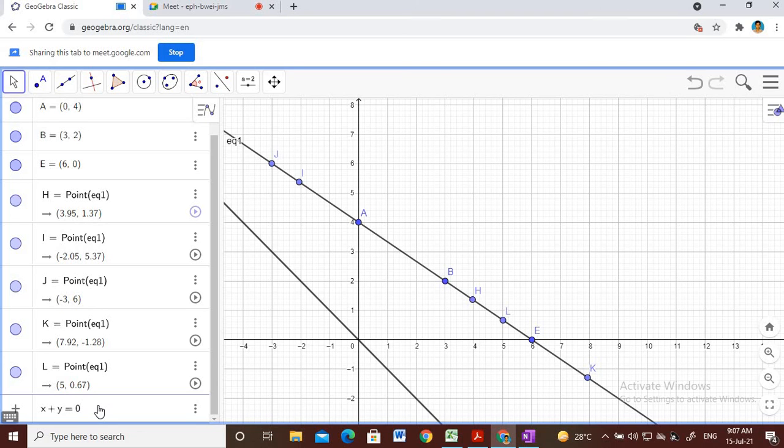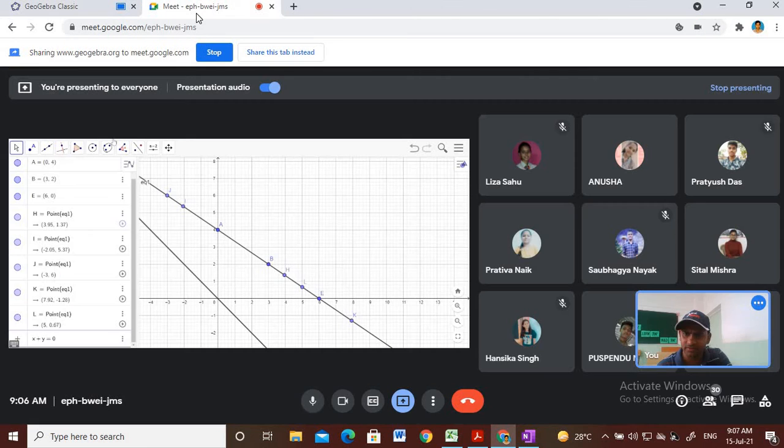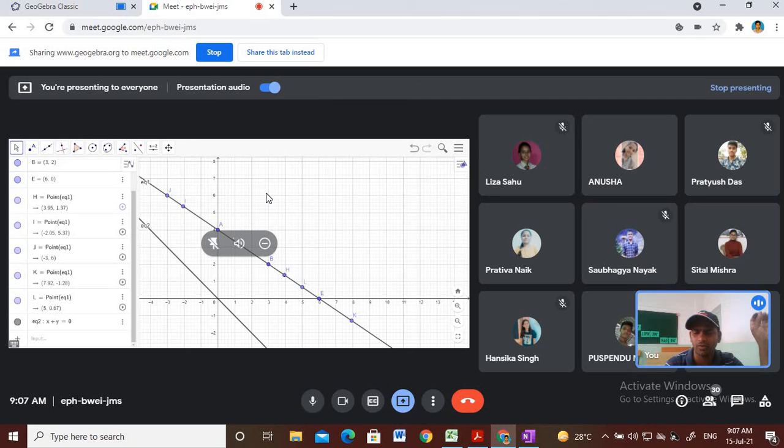Finally, students, take any two different points. Find out any two different points, locate those points on the Cartesian plane and join the points. Then you will get the graph of the equation. Clear, Shetal? The graph of a linear equation in two variables. This is the process. Find any two solutions, and it is better to take integral solutions.